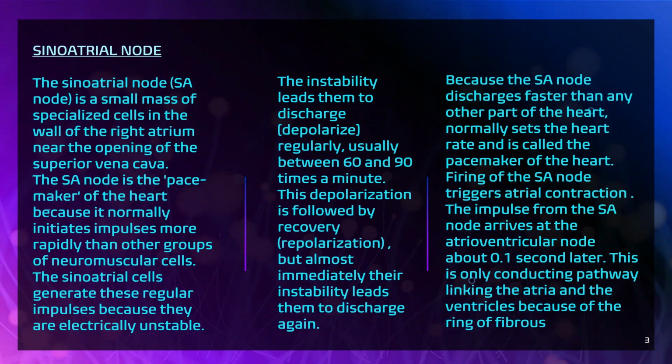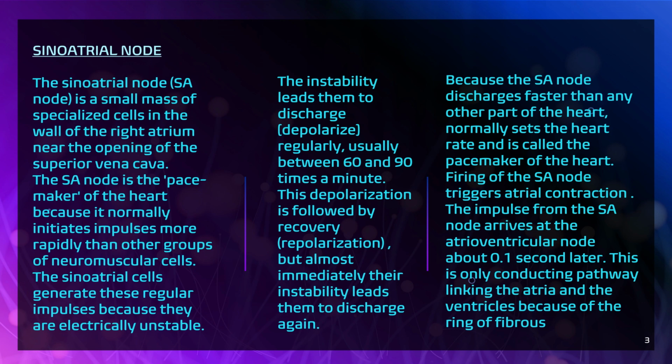We now move on to the sinoatrial node. The sinoatrial node, also known as the SA node, is a small mass of specialized cells in the wall of the right atrium near the opening of the superior vena cava. The SA node is the pacemaker of the heart because it normally initiates impulses more rapidly than other groups of